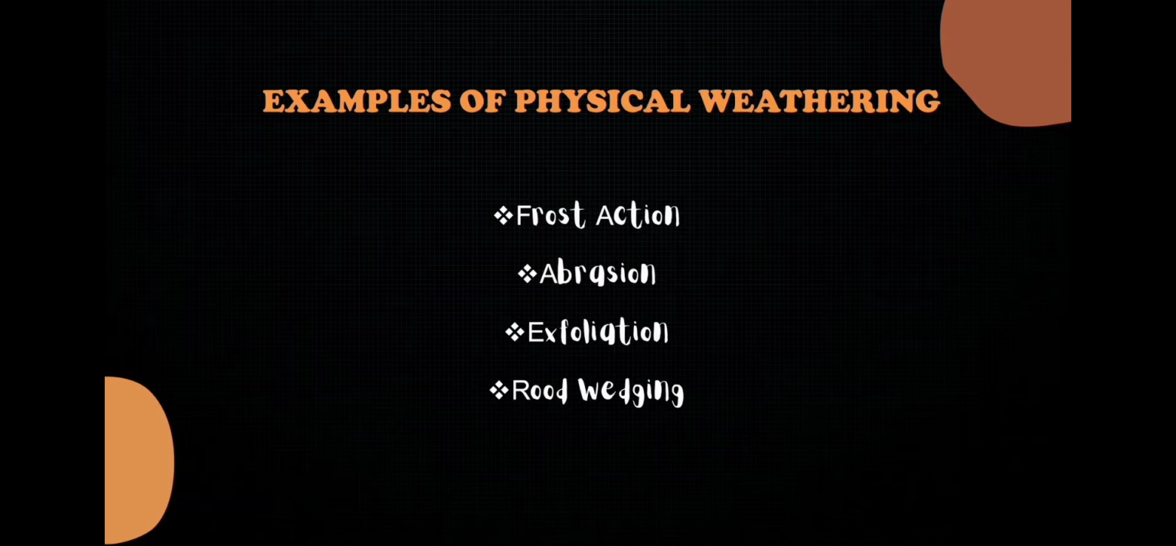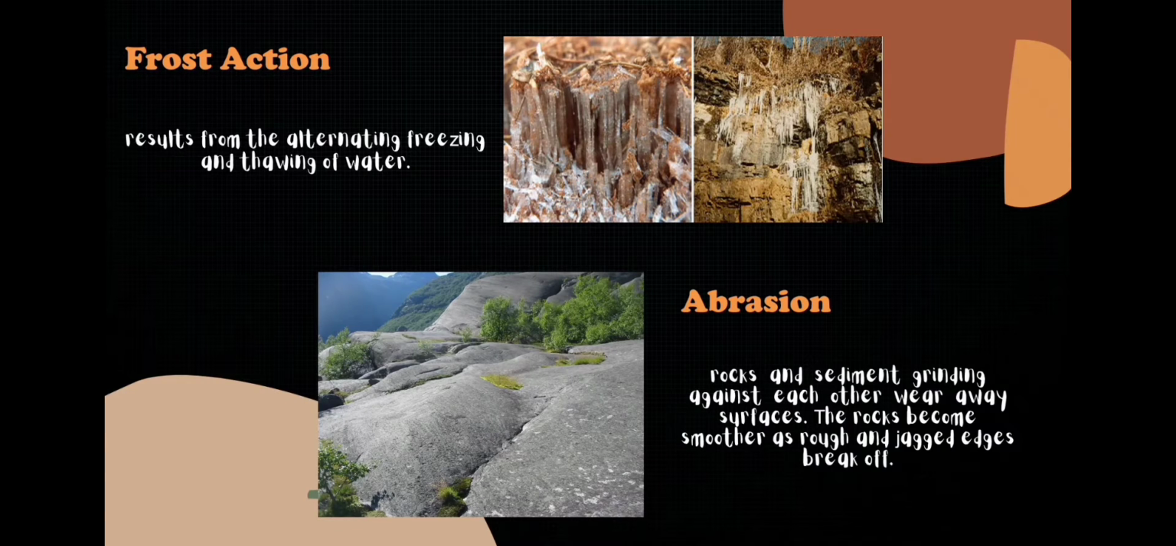So first, let's talk about frost action. Frost action is the result of the alternating freezing and thawing of water. It is the mechanism of weathering caused by freezing and thawing of water in pore spaces, gaps, and other spaces. Rocks expand and compress as a result of regular seasonal heating and cooling, causing them to split along grain